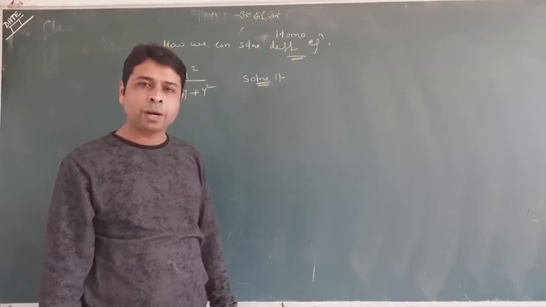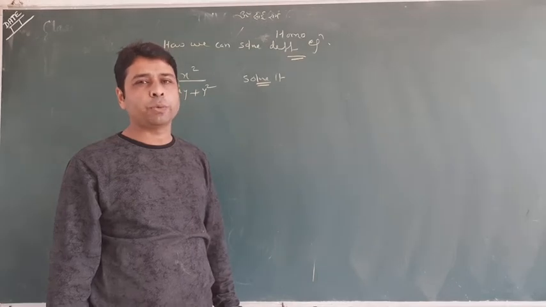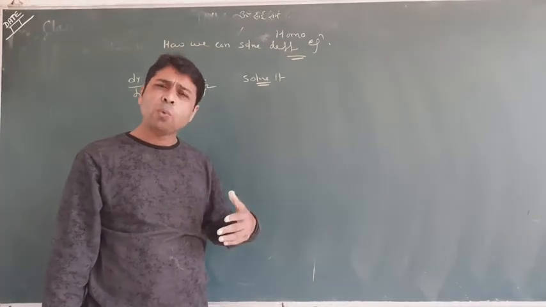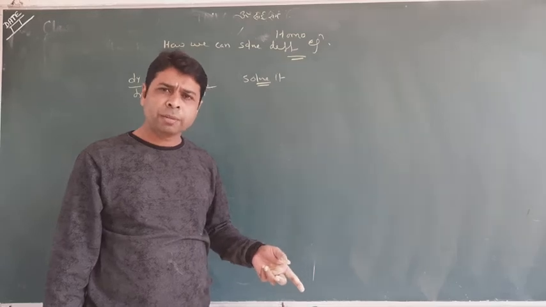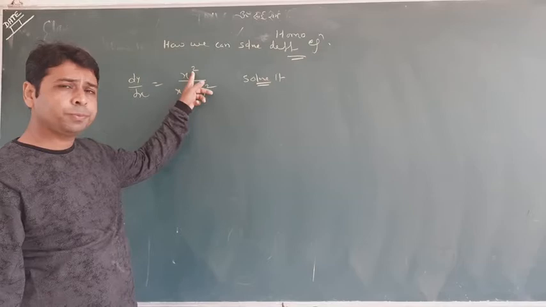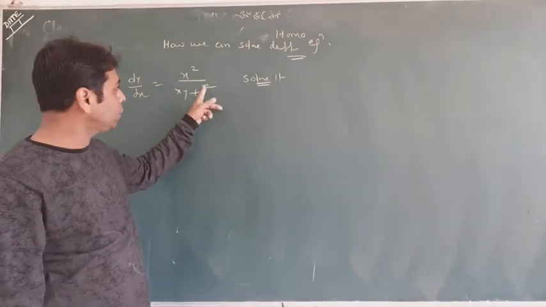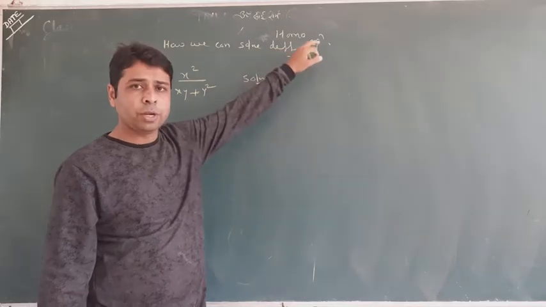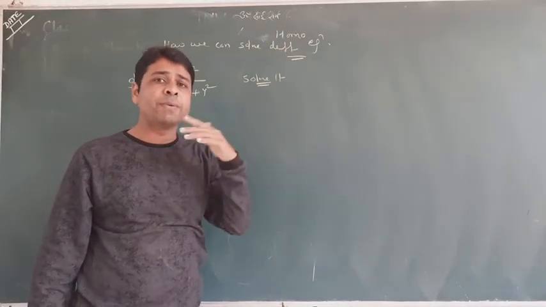So we can go for the homogeneous equation. I have already taught you the checking, so now I am not repeating it. We can simply predict that the power is 2, since it is power 1 and 1 in the xy term and 2 in the others. It is called a homogeneous differential equation. Now I will tell you how we can solve it.